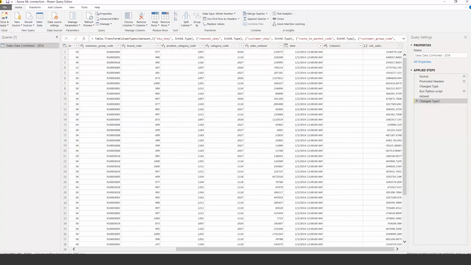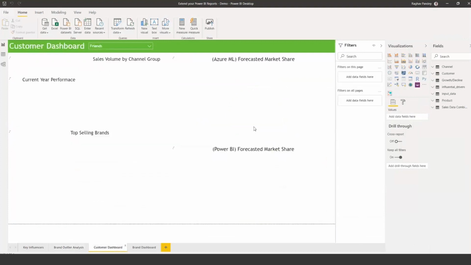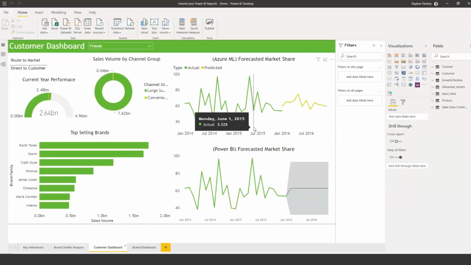And this in turn allows you to have a more flexible forecast and look at things in a more data-driven fashion, rather than maybe just relying on Power BI to dictate your forecast. There are certain scenarios where Power BI may not give you the insights you're really looking for in the manner you're looking for, and that's where something like Azure ML alongside Power BI could help in deriving a forecast.